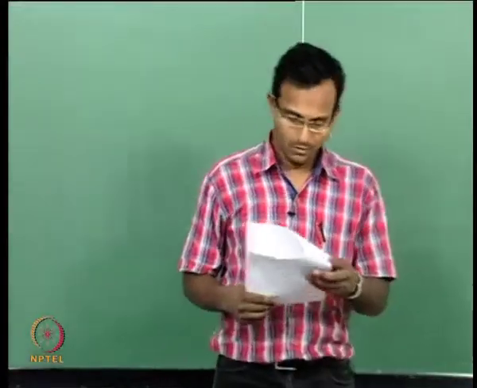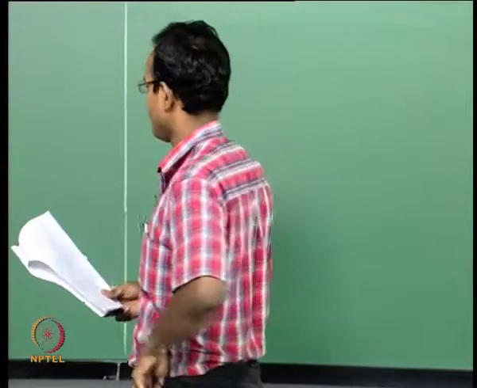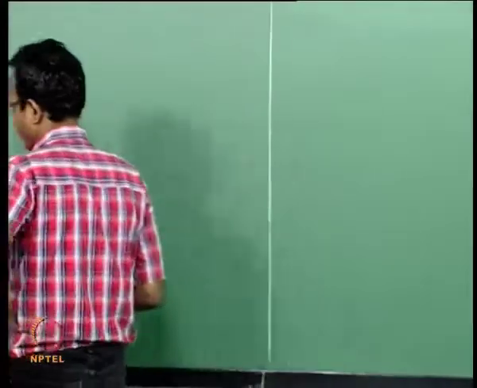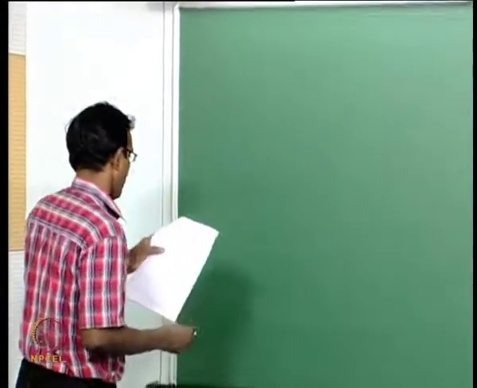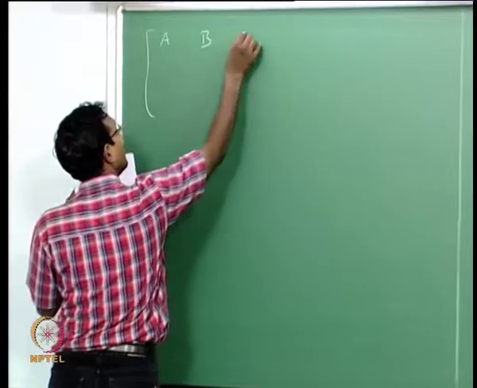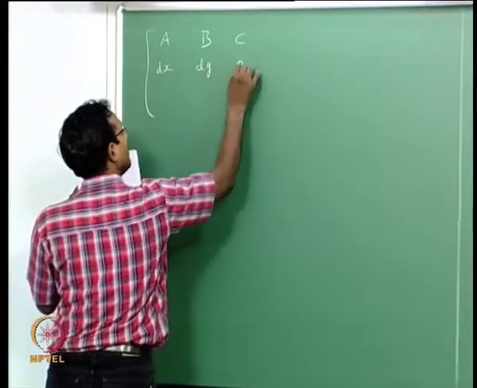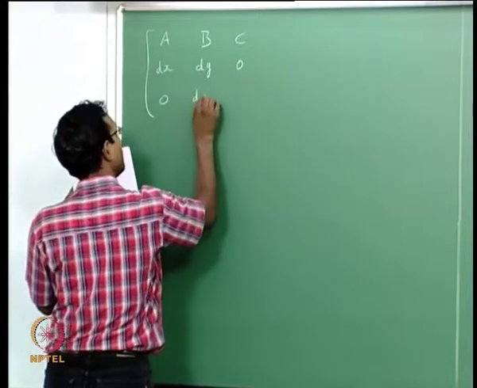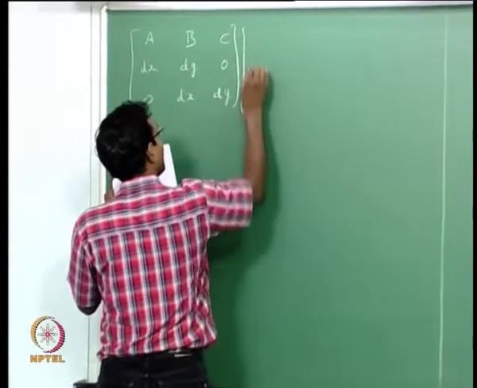Hello everyone, welcome back. We were somewhere in the middle of the derivation of equations for the method of characteristics. We started with this matrix. We went to mathematicians, and they looked at it this way basically.